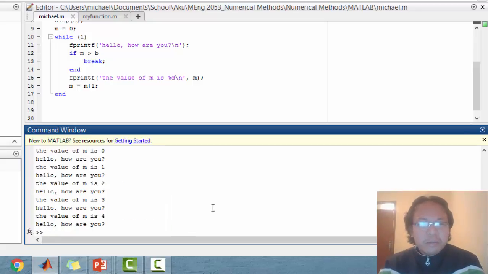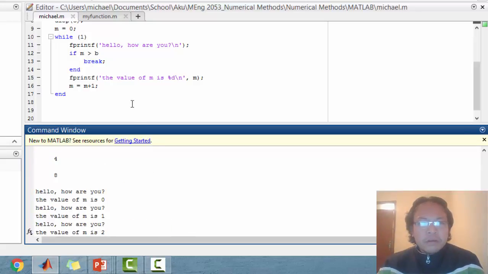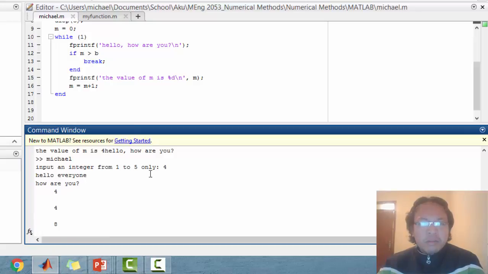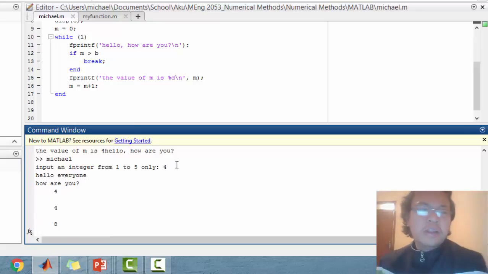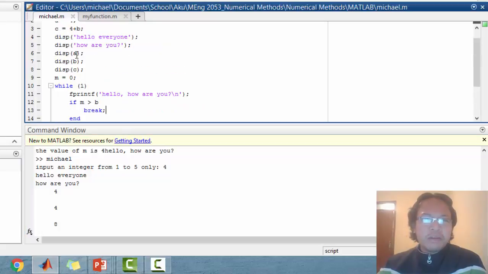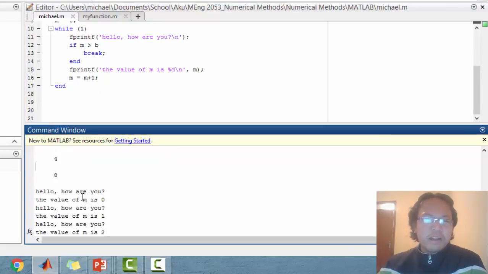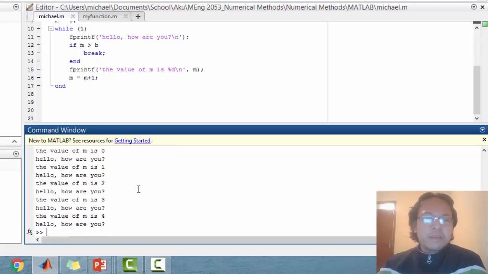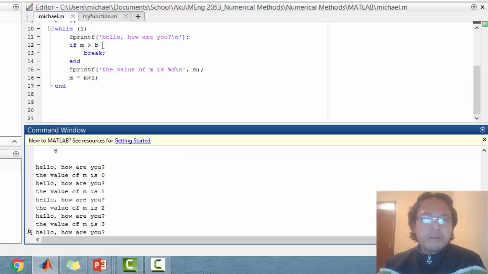Okay, here. Okay, printed this one. Input is 4. Hello everyone, how are you? It starts from here. Display A, B, and C. So these are the values A, B, and C. Hello, how are you? So if m,